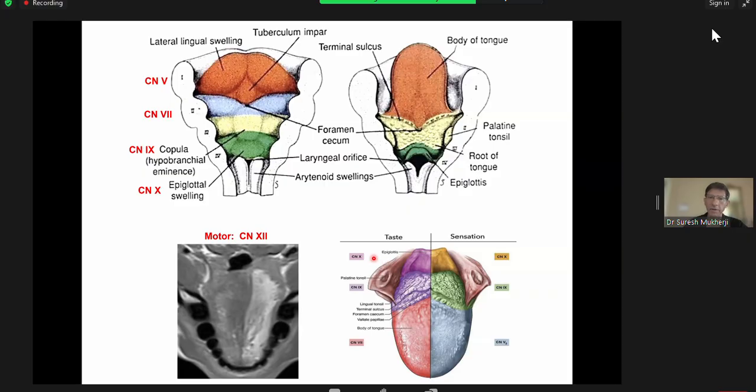So when you look at the outer margin of the eardrum, it's actually supplied by cranial nerve 5, cranial nerve 7, cranial nerve 9, and cranial nerve 10. But when we look at the inner surface of the eardrum, it's actually supplied by cranial nerve 9. So the point is that if you are reading head and neck studies and someone comes